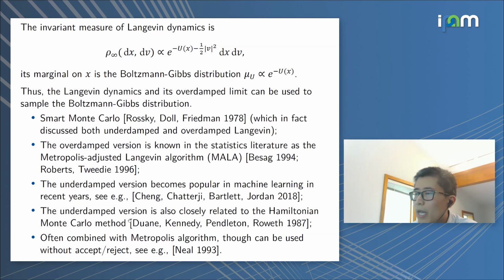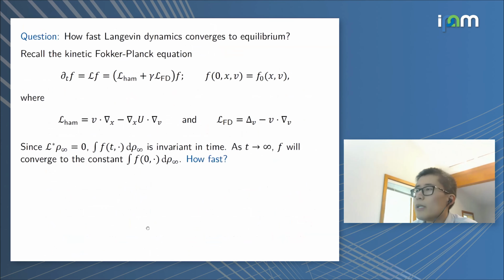Okay, and as I mentioned, many of these methods combine the Langevin dynamics with the Metropolis acceptance rejection. But already in 1993, Neal realized that you can actually do it without acceptance rejection, and if your integrator is accurate enough, it's also okay. All right. Okay, so now, as I said, the main question that I'm interested in here is how fast